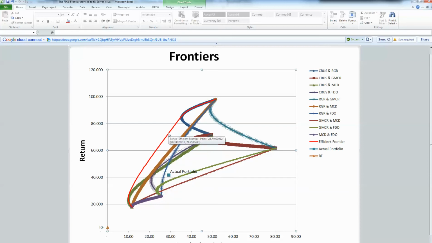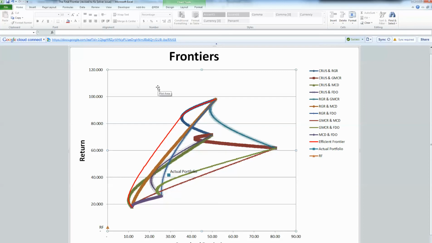Okay, by holding my tooltip or my cursor over the point directly north of my actual portfolio that lies on the efficient part of the frontier, I can figure out the return of a portfolio that has the exact same risk as my current portfolio. So by hovering my cursor over it until I see a point that says the same standard deviation, which was approximately 29.23, I can tell it has a return of